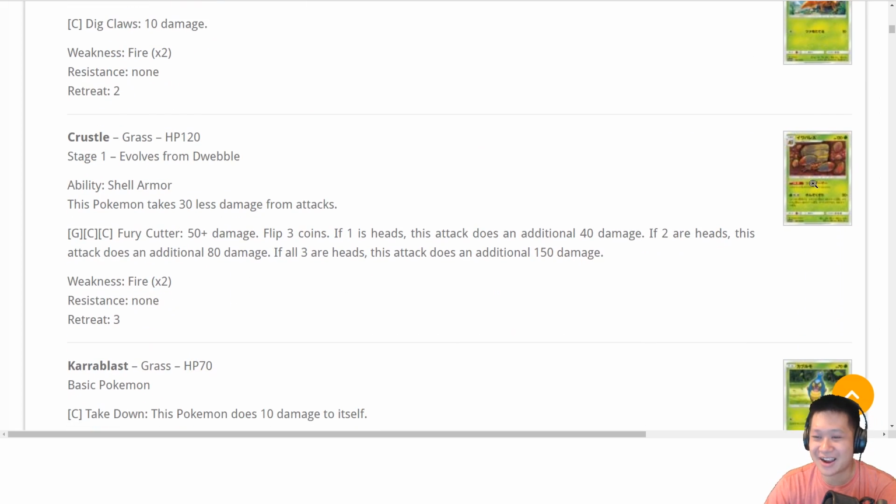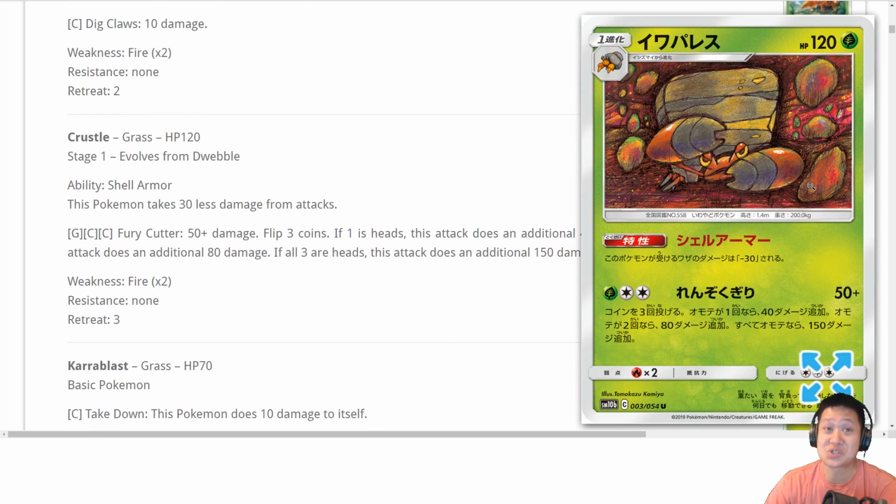Moving on, we're gonna take a look at Crustle. Now, Crustle starts looking good. I mean, hey, look at this. This is like a Crayon Portrait. Hey, you got a Crayon Portrait of yourself, 120 HP, and the ability is that it shields itself 30. Alright. I mean, the tag team GX is gonna one-shot you anyways, and you have this 3 coin